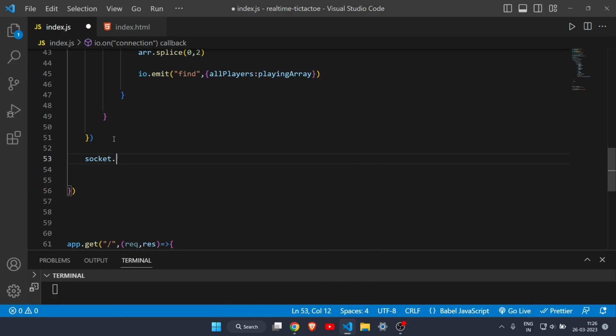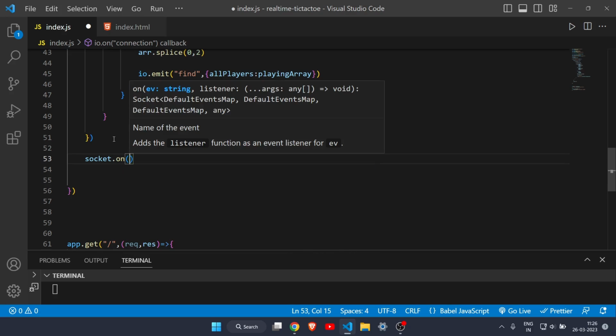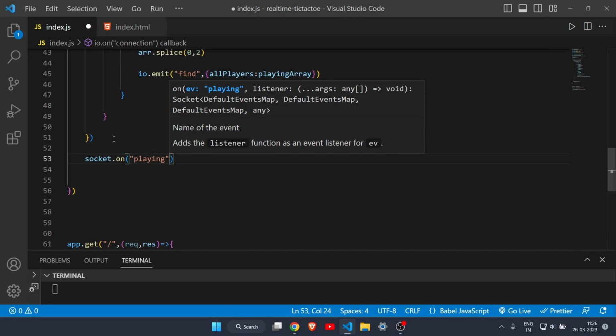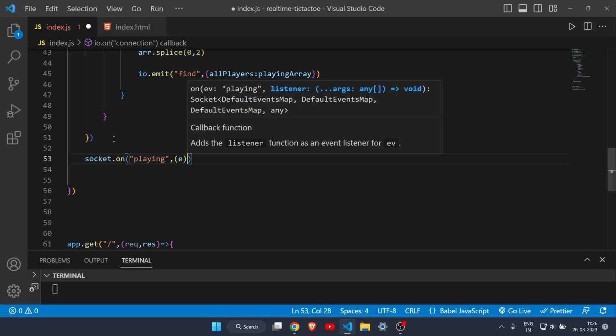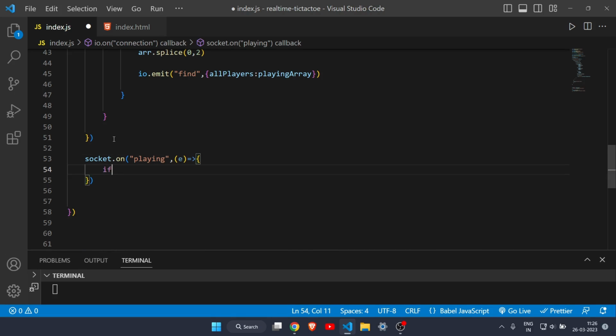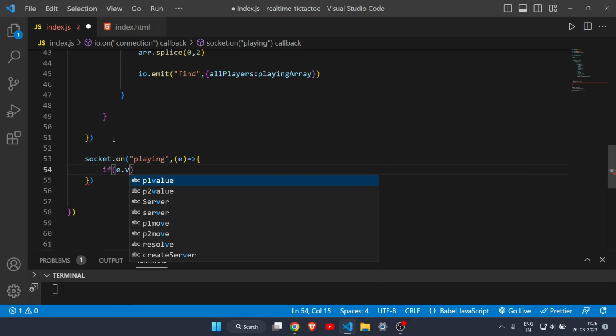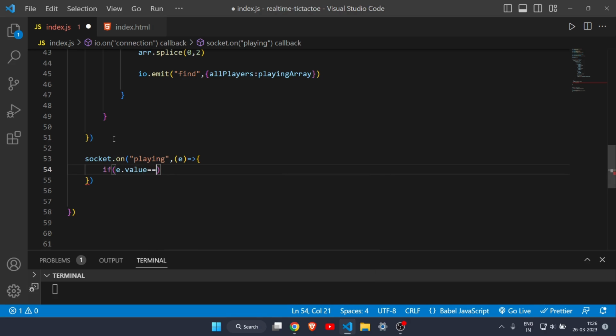I will write socket.on because the on function is used to get the value. I will write playing here, so you have to write the same name, and then it will be an arrow function, and I will write some if-else statements. So if e.value is equal to x, so if the player is playing as x, we will create a new object, let's say objToChange. I have written a random name, you can write anything here. Then this will be equal to